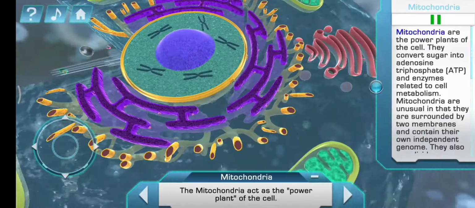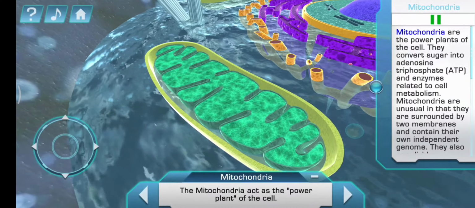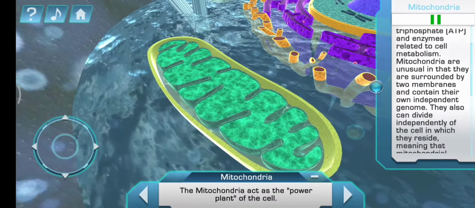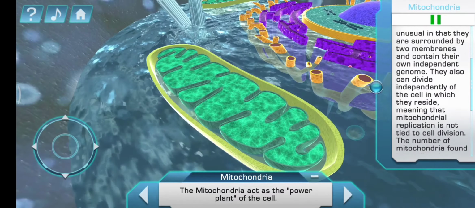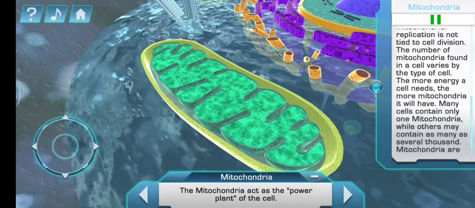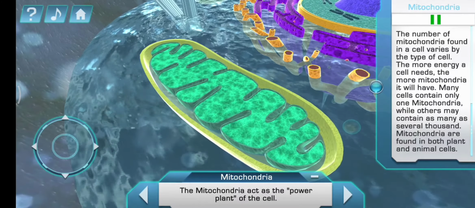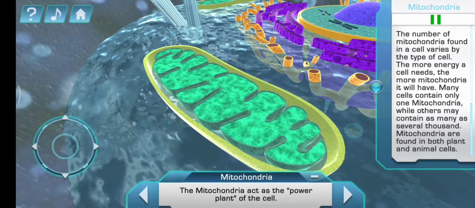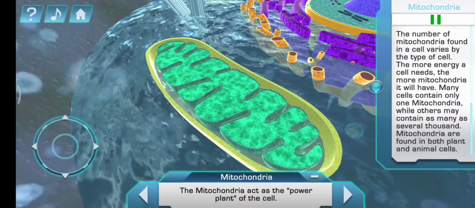Mitochondria are the power plants of the cell. They convert sugar into ATP and enzymes related to cell metabolism. Mitochondria are unusual in that they are surrounded by two membranes and contain their own independent genome. They also can divide independently of the cell in which they reside, meaning that mitochondrial replication is not tied to